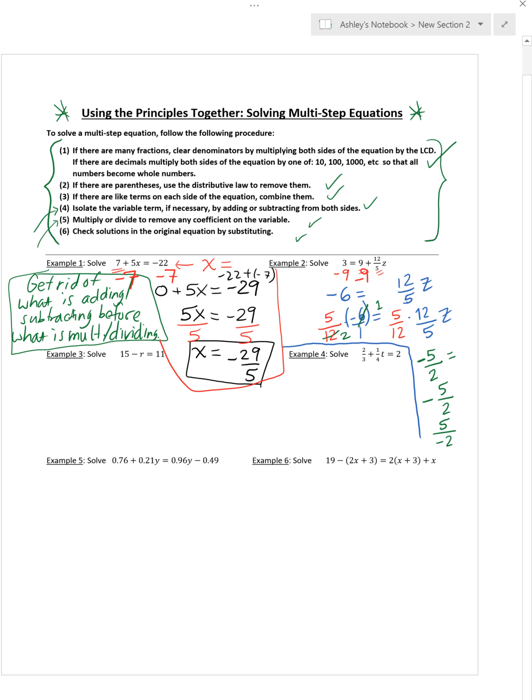So just in case you were curious, how about this right side here? This is one of those times, like in the last section, where we said notice the 12s cancel, the 5s cancel. That ends up just being a 1 times z, which is just z. So all right, the answer must be negative 5/2, or if you'd rather write it, negative 5 over 2, 5